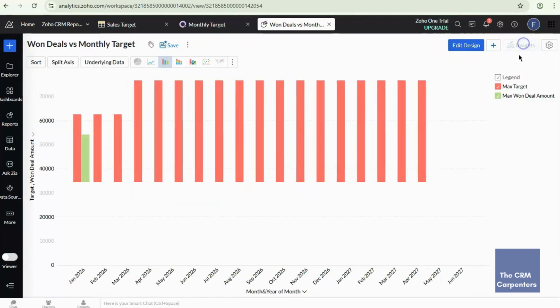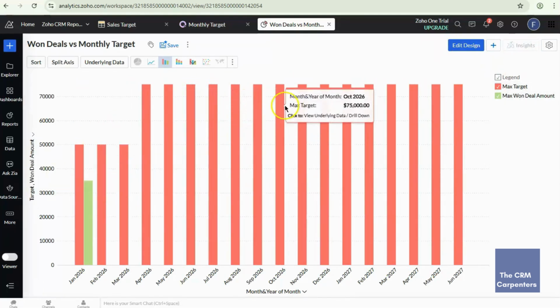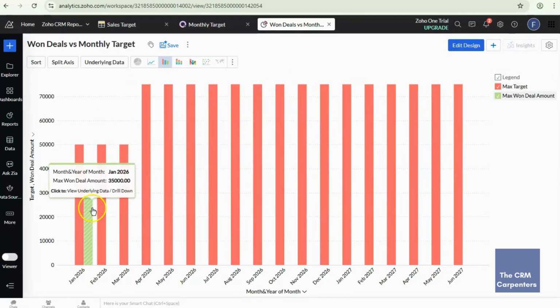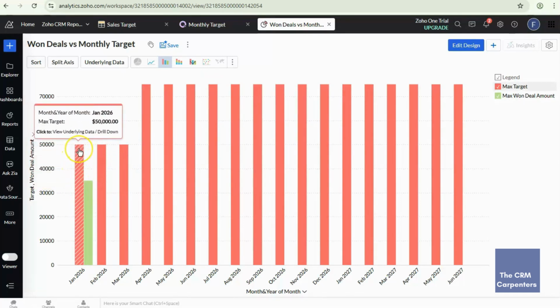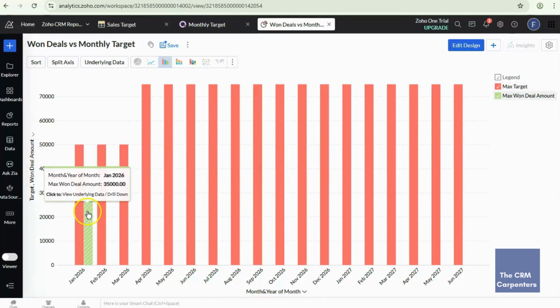So if we select this view mode, it will enlarge the view. So in here, you can see that the first bar is the target, and this is the accumulated deal amount from the Zoho CRM, and it's 35,000.